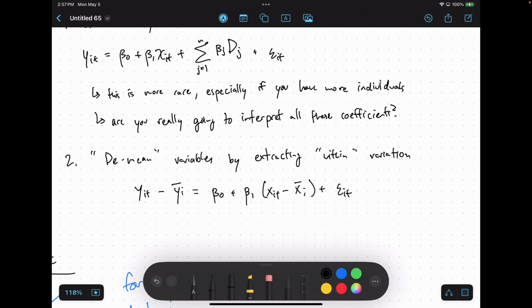Any questions? It is like average yi. Do we take like the average between different... You take the average across times for each individual. And then average among different individuals? No. So